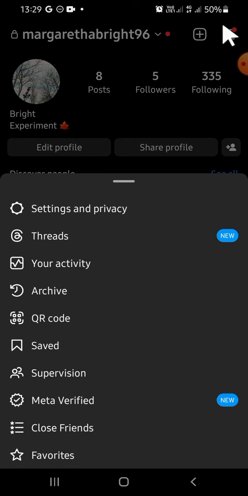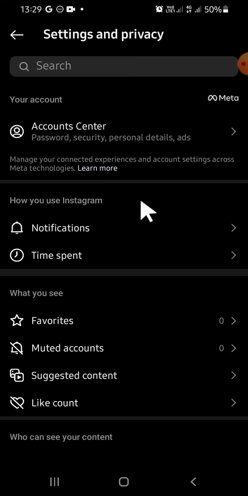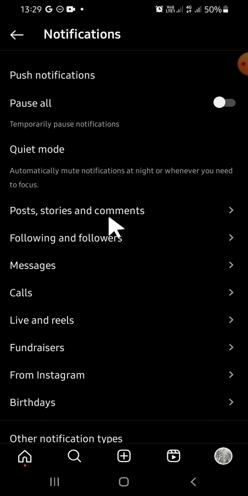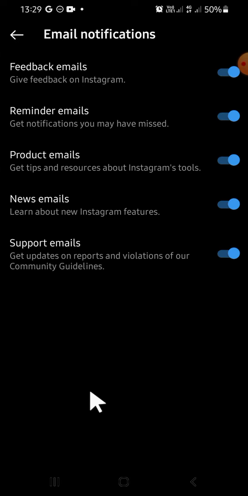Then after that, you can click on settings and privacy right here. And then in settings and privacy, you can select notifications. Click on notification settings, then you're going to scroll down until you find email notifications. It's right here, so just click on it, and then you can select the type of email that you want to turn off notifications for, and just click on this toggle button if you want to turn it off